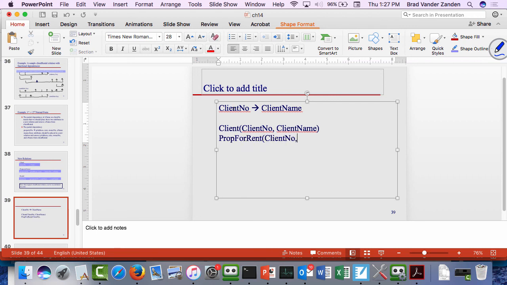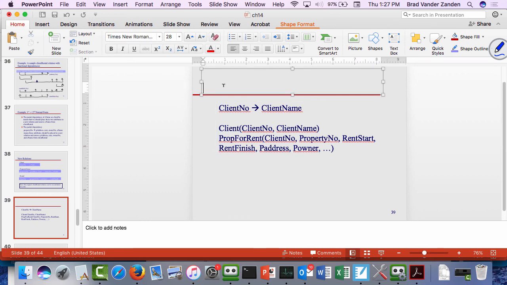It still would have been client number, property number, rent start, rent finish. Would have had property address, property owner, all the other stuff. And then to go to, so this would have been to go to second normal form. Would have been this one. And then to go to third normal form,